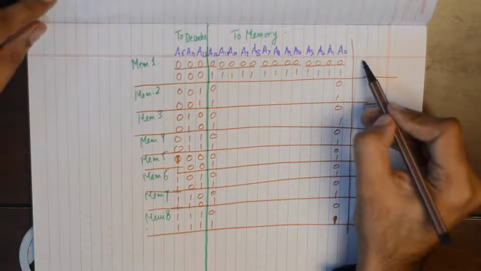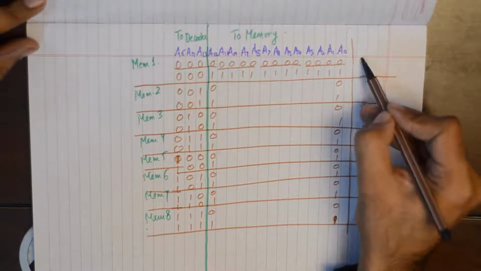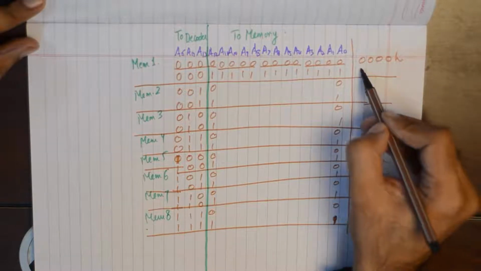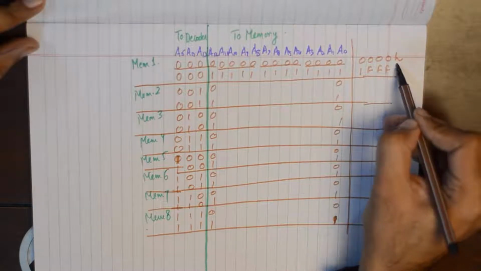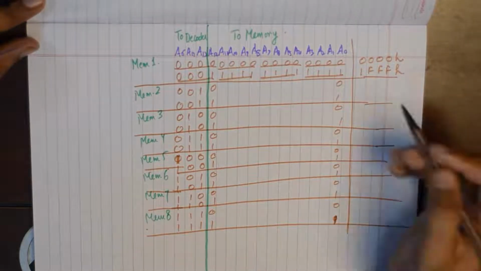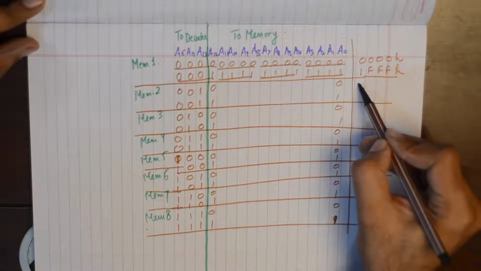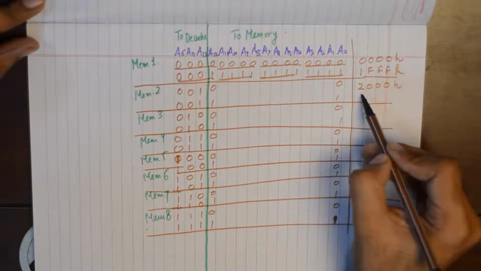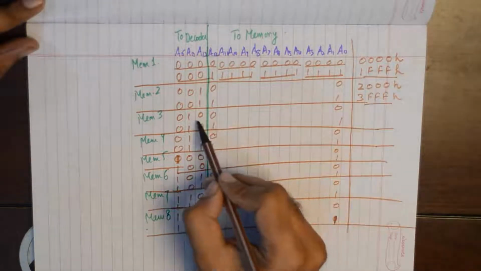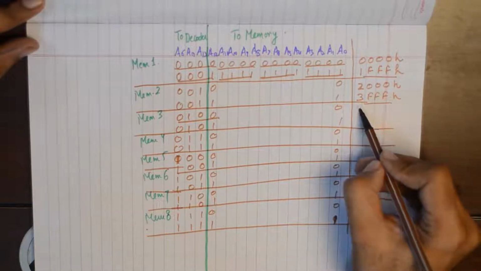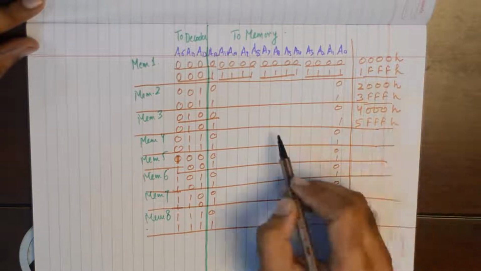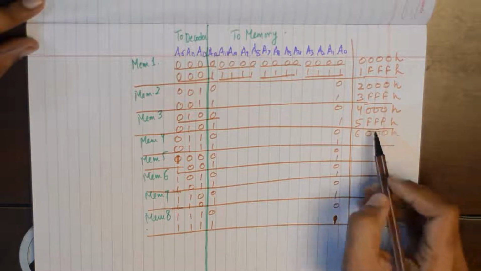So the first memory address will have a hexadecimal address from 0000H to 1FFFH, and the second memory will start from 2000H and go up to 3FFFH, and the third will start from 4000 and go to 5FFFH and 6000H to